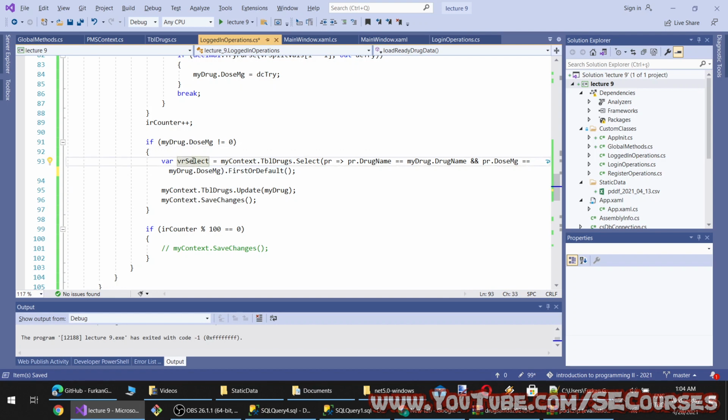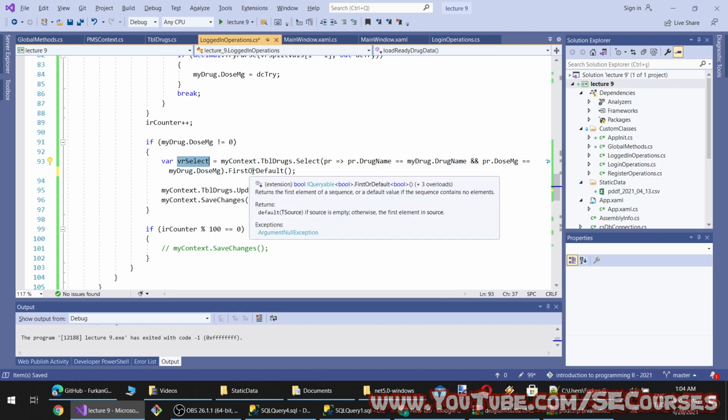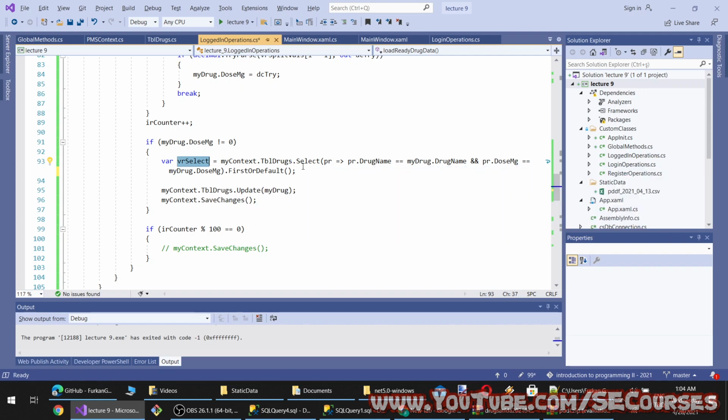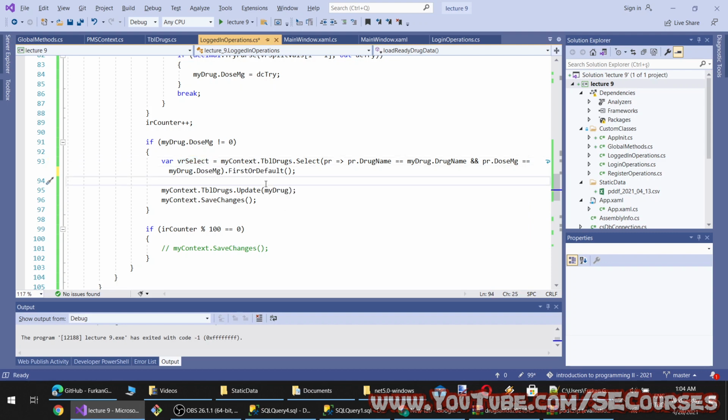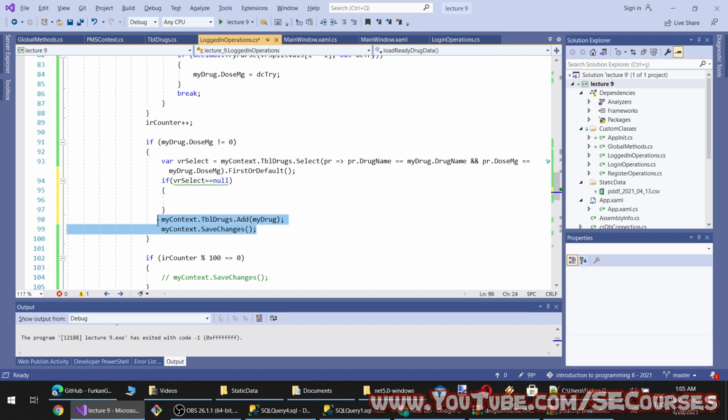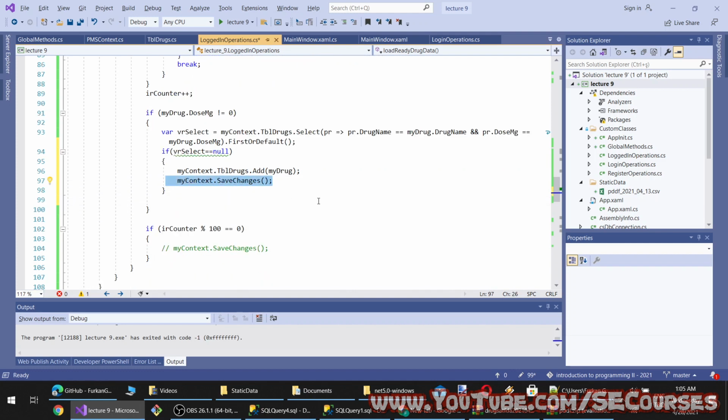Okay, now this will become bool. Why? Okay, so if this is empty, no, we will add, and then okay, with this approach I think this should work. I'm not sure though.